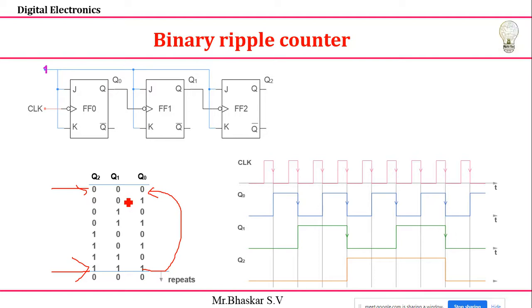Is it clear, or do you want a one second explanation? So in this way, this is very important. They can ask you to explain the binary ripple counter. Then why is it called a ripple counter? Ripple. So here you can see that the values are rippling. So see the values. This one only. So how to write the waveform?